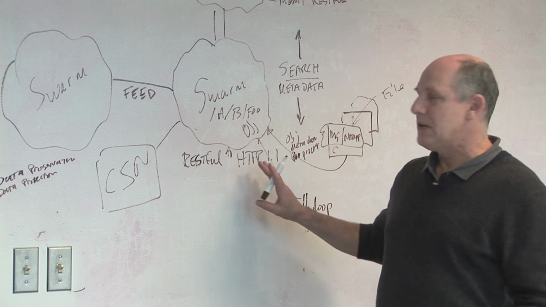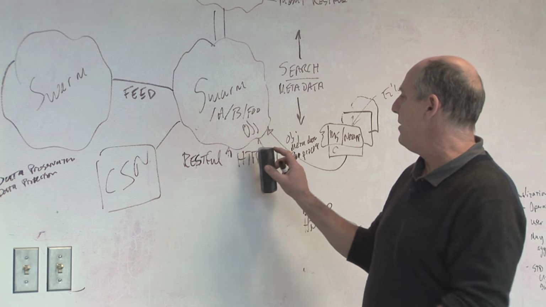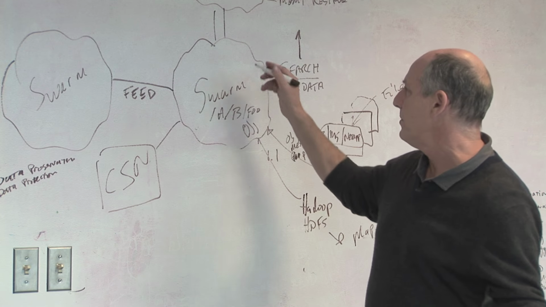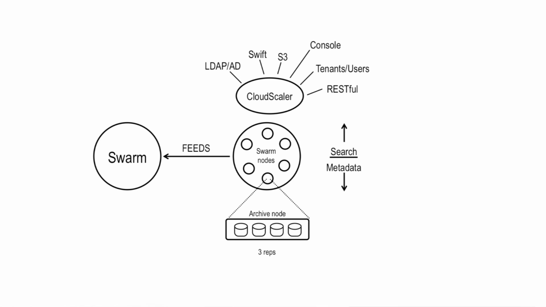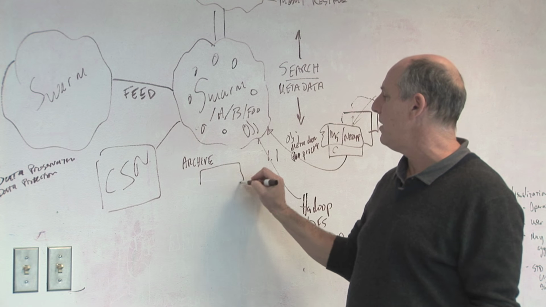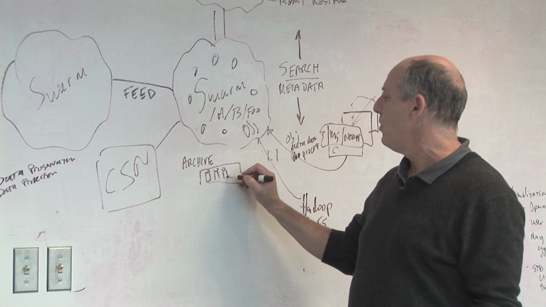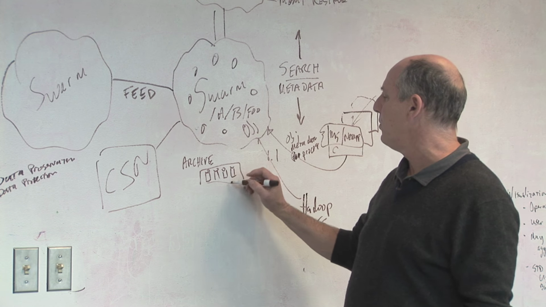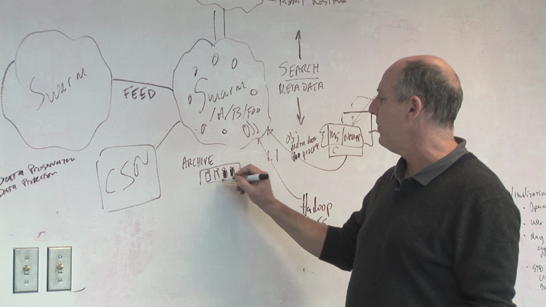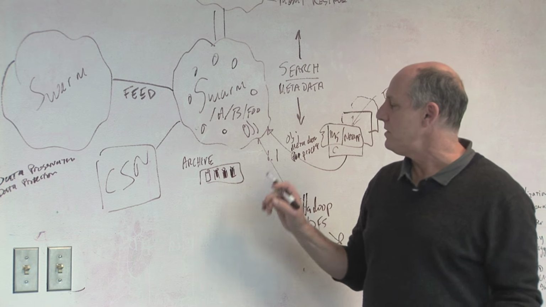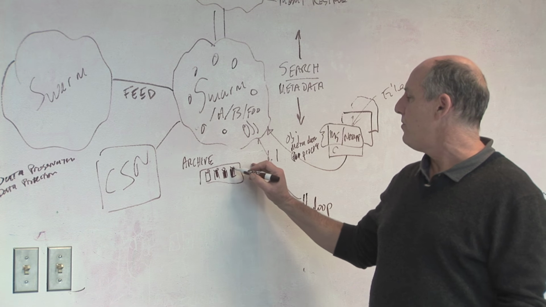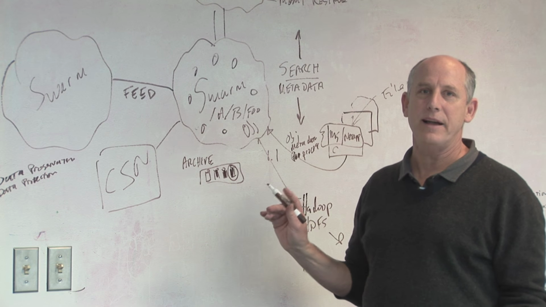The next thing I'd like to talk about is this feature called Darchive. We have Swarm composed of a bunch of different nodes. You can configure them in 2 ways. You can configure them as an archive node, where they have a bunch of disks in them, and it will fill one disk quickly and then move on to the next and fill that, and the next and fill that. What Darchive does is notice that a disk hasn't been accessed in a while,